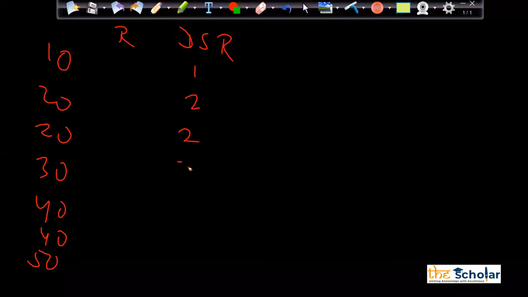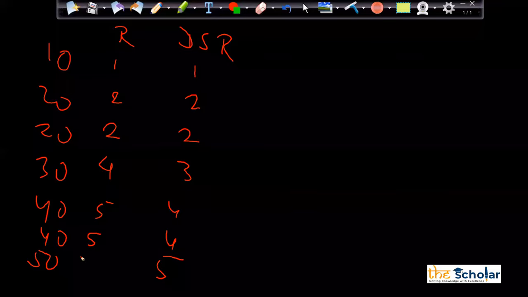And my rank will work as 1, 2, 2, 4, 5, 5. What will be the rank for 50? What do you think, guys? What will be the rank here? Absolutely, it will be 7. Okay, so that is the difference between rank and dense rank.